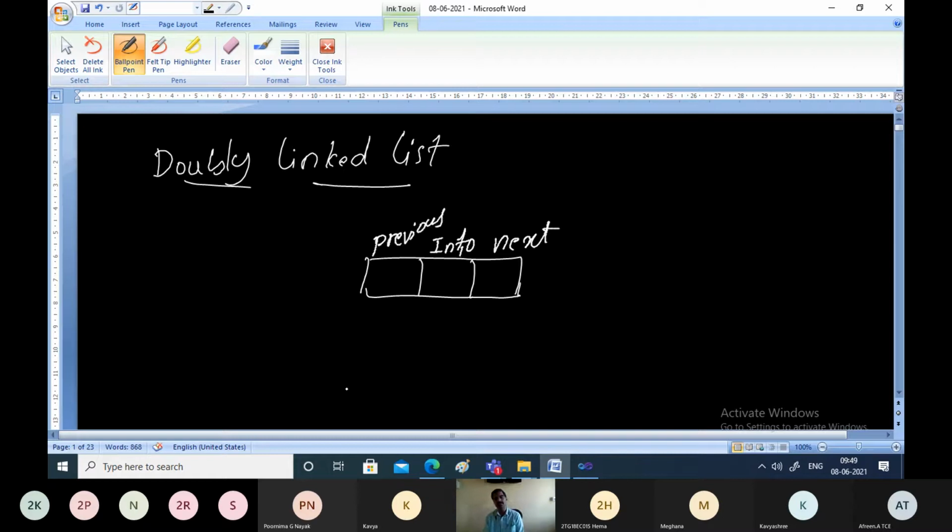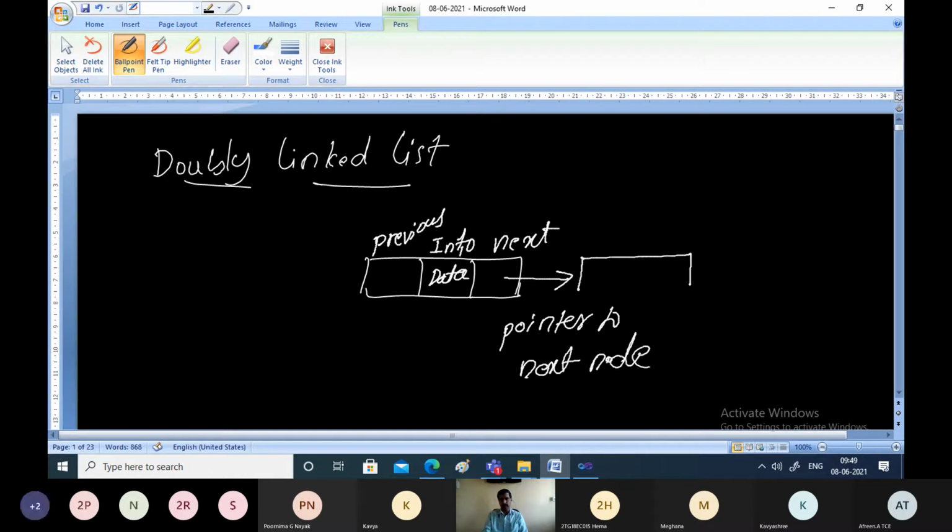The information field of this node is going to contain the actual data which we want to store, whereas the next field contains a pointer to the next node. And here we will have the next node as well. This is the information field, previous field, and the next field.